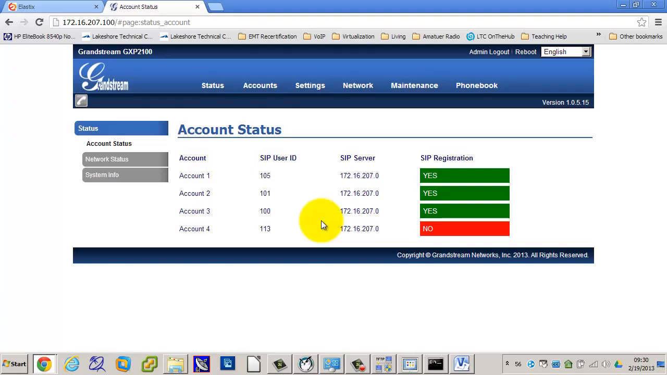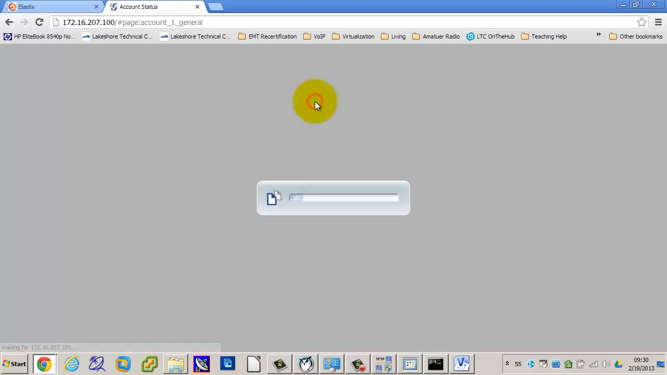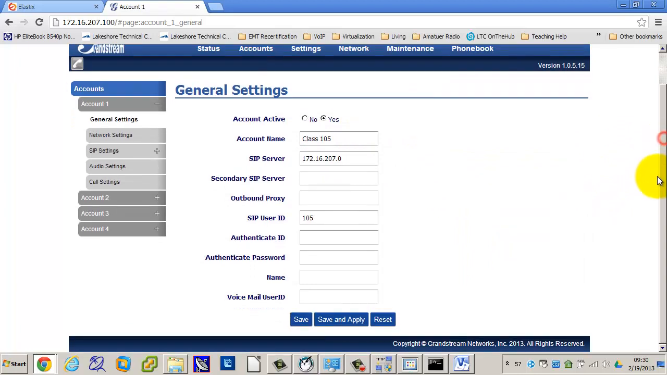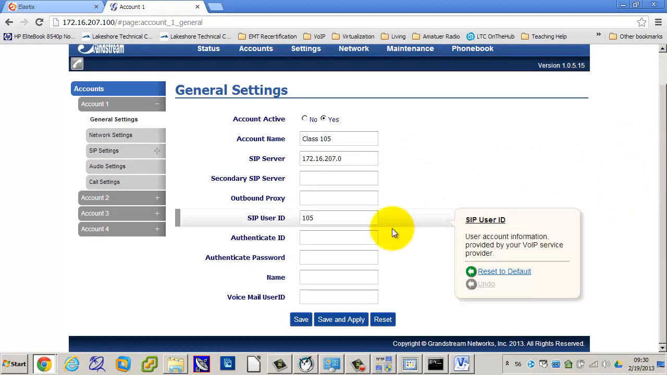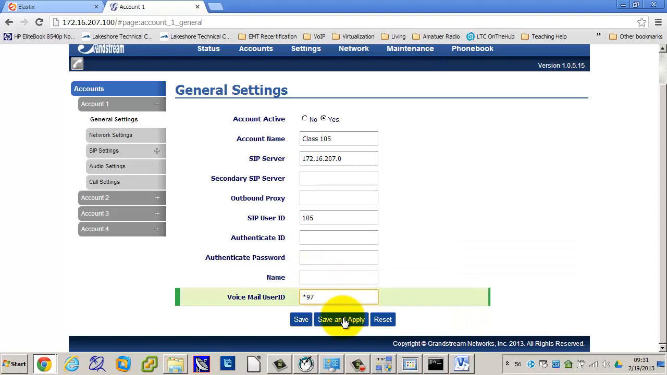There's just one setting that I want to be changing on here. Now, I'm working with account 1, so I'm going up to Account, and Account 1, and under General Settings. I just didn't look up where this is on the other phones, and I do apologize. There should be something called Voicemail User ID. On the right-hand side, it says this ID is usually the VM portal access number, which means how do you get your voicemail? The only reason we're doing this is not even that critical either, but if I do *97 and save and apply,